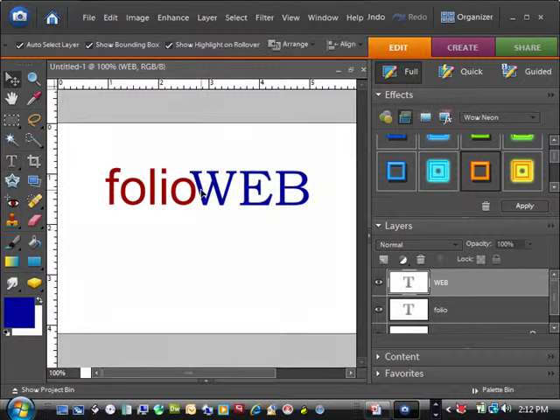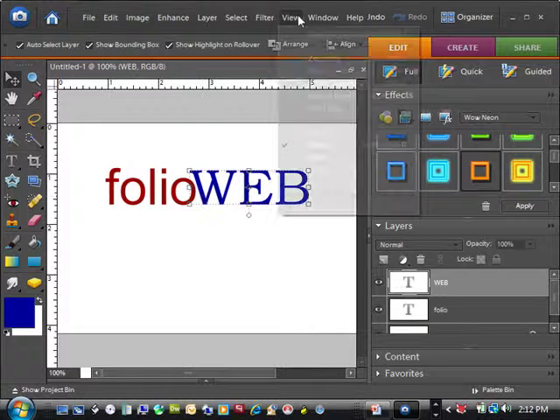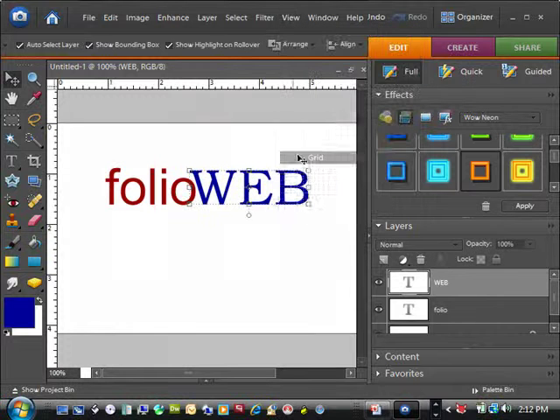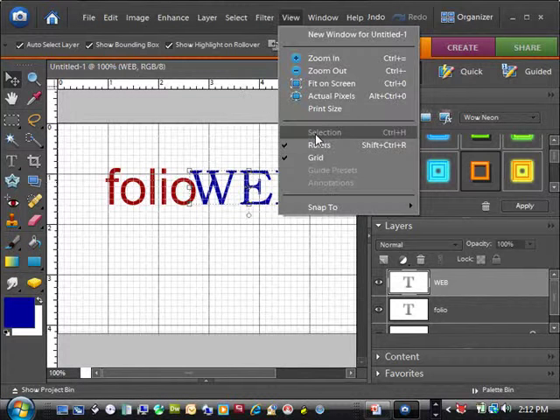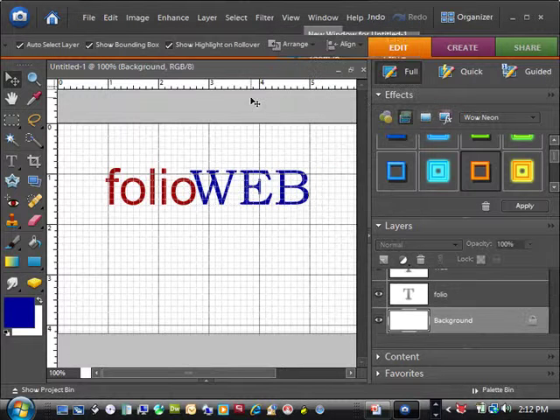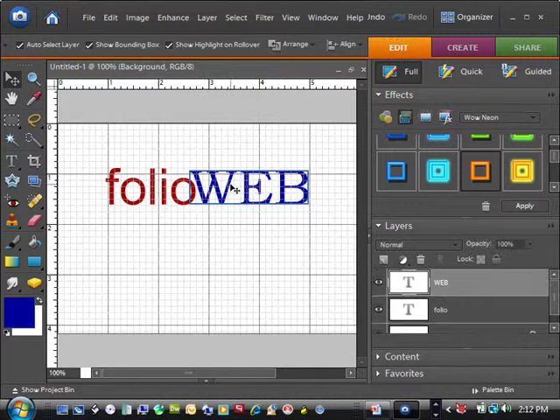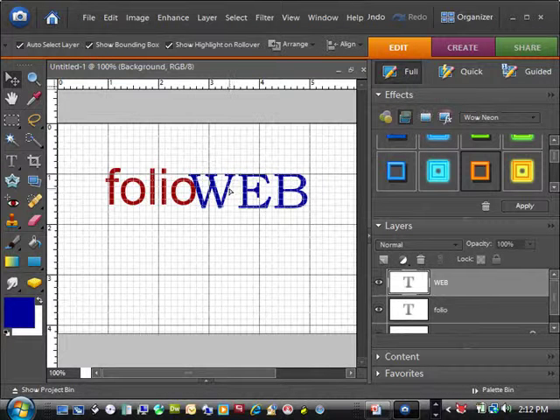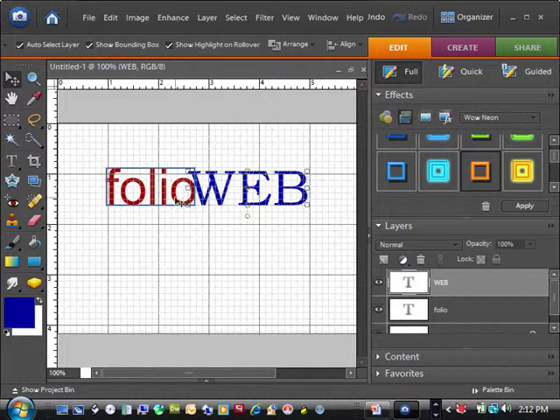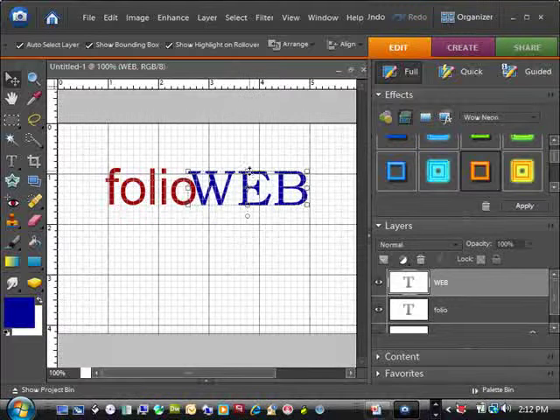Now that's pretty simple, and in fact maybe a little too simple. For one thing, again, thinking like my grid, if you haven't discovered guides, I'm going to turn on the grid, and you can also use guides as well, guide presets, and customize those if you wish, but I'll just use the grid. I'm going to put the web just slightly down so that it's on that grid line with Folio Web, and then you can kind of see that it's slightly shorter than the top of the I, dot of the I, and the top of the F. So I'm just going to stretch that up a little bit